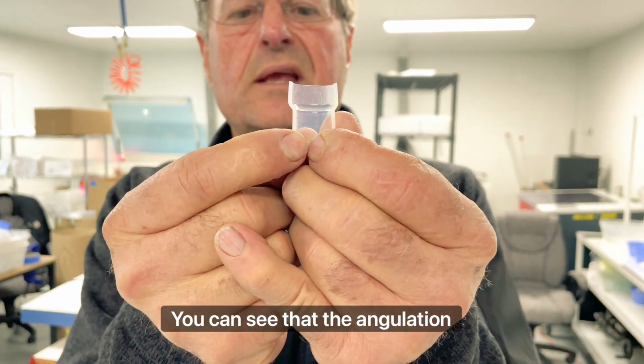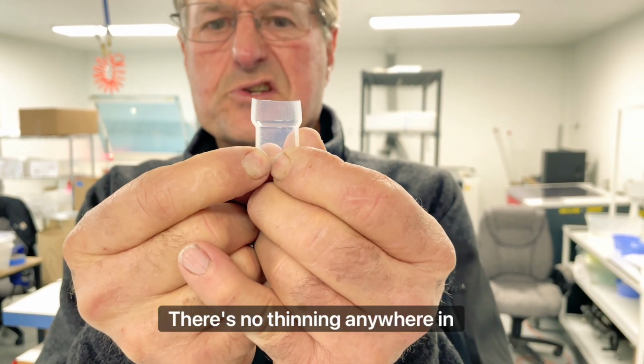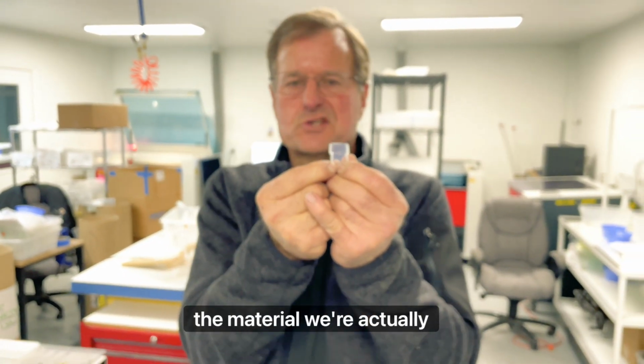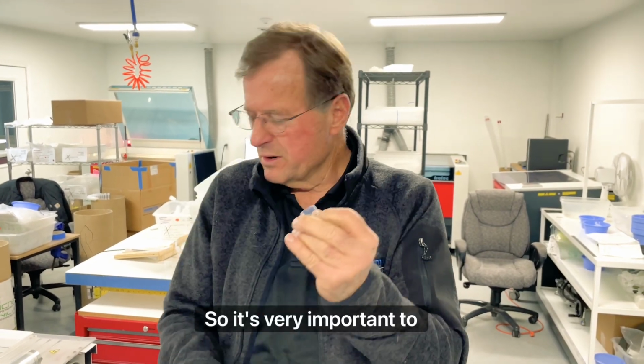You can see that the angulation is exact, and also guess what? There's no thinning anywhere in the wall. We are not shrinking the material, we're actually remolding or reforming the material. So it's very important to get